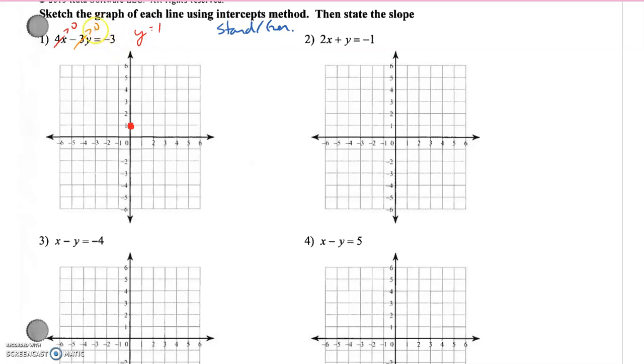And if my y is equal to 0, I've got 4x is equal to negative 3. So I'd have 4x is equal to negative 3, and then x is going to be negative 3 fourths. So a little bit different. My y value is 0, my x value is negative 3 quarters, which is right about there. So these guys are really close together, and my line would look something like this. Okay. All right, now to find the slope of this,